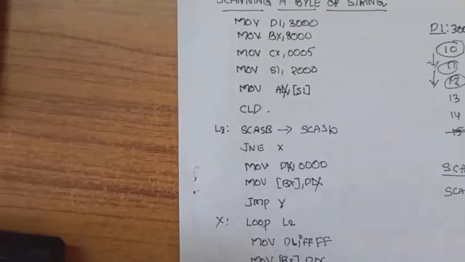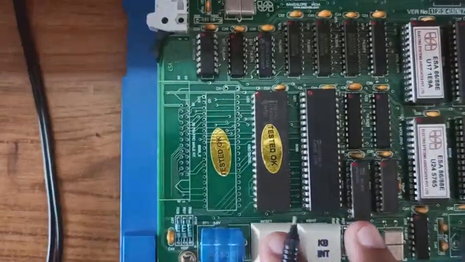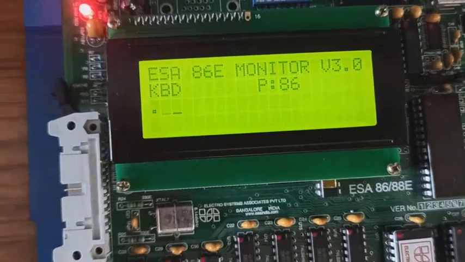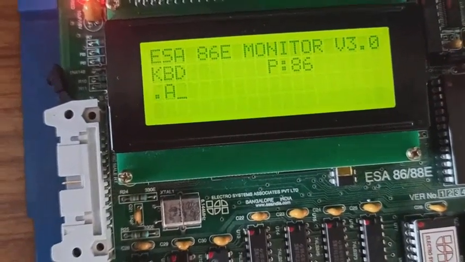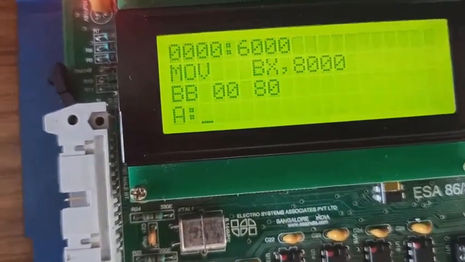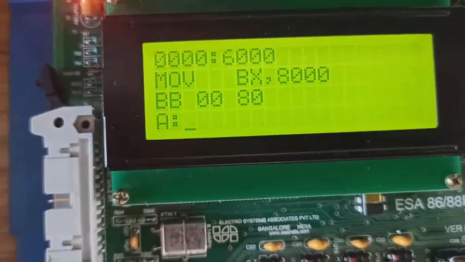Now after changing this program, I'll just change it right now in front of you. So A space 6000, MOV DX, 8000.